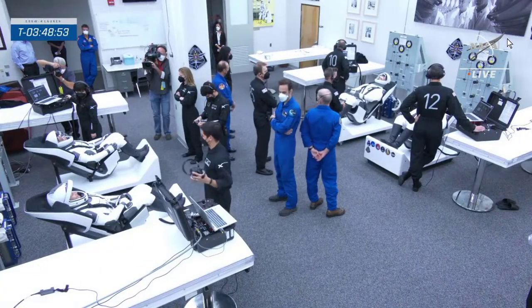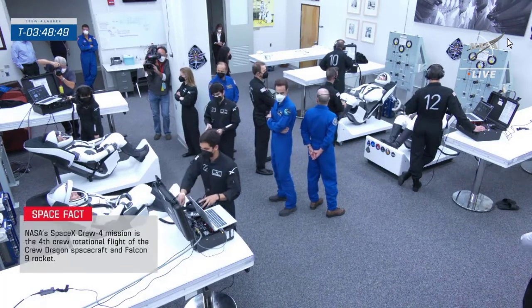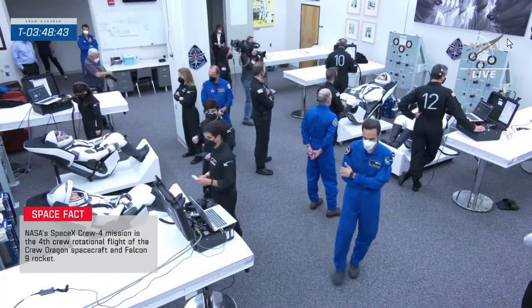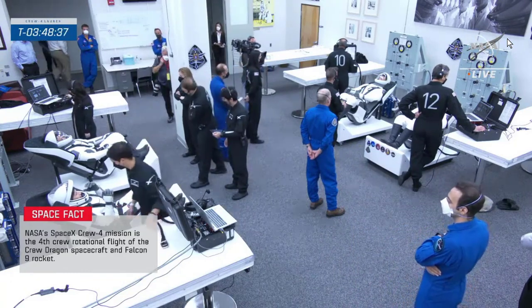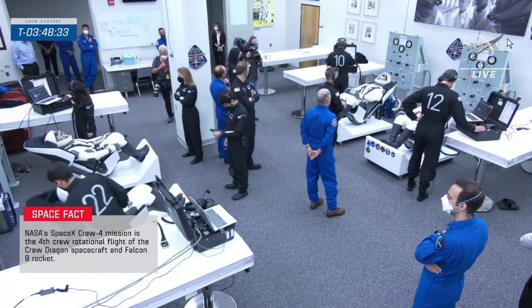that room. Visually, it does look different than when we use the room for shuttle. Not tremendously different, because the purpose is still the same. You're still getting into your spacesuit, making sure everything fits where it's supposed to, making sure the suit has its pressure integrity checked, and that's what they're going through right now. So this is really kind of the beginning of that buildup of excitement that's going to continue for them throughout